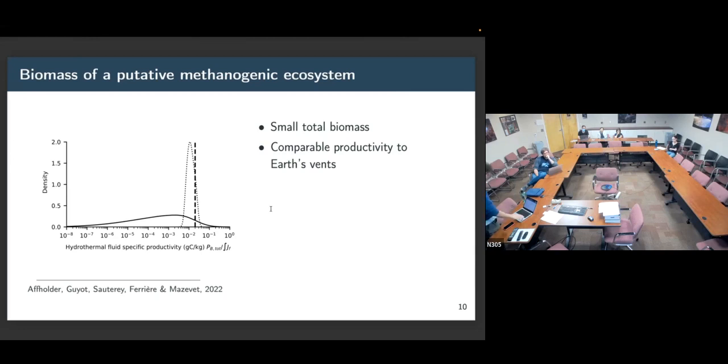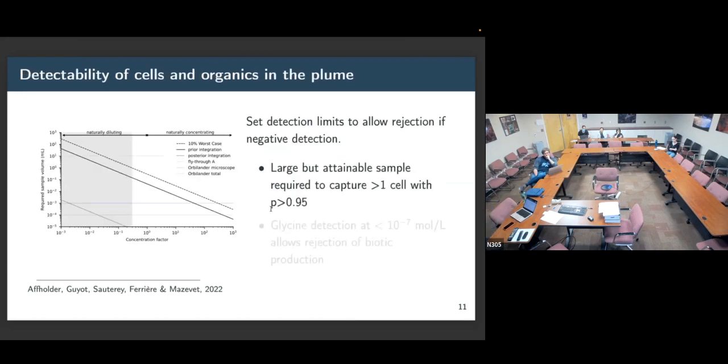Okay, so that's for biomass and productivity, but in terms of biosignature, we've asked, let's assume that the mortality of the population corresponds to cells that escape the system and that might end up in the plume. Maybe a future mission will want to sample the plume and find a cell. What would be the required sample size so that at least one cell is confidently captured if there is a population of cells? Or in other words, what is the sample size required so that a negative detection is actually meaningful? That there is no false negative, that if the mission ends up not finding a cell, then it is good evidence that there is no cell.